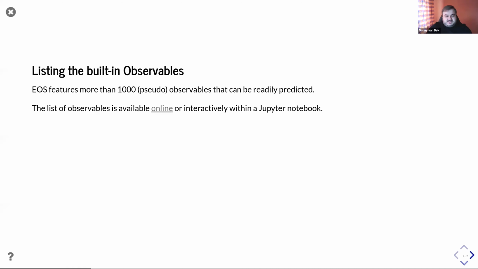So first, let's start with what these observables are. To get an idea, you should inspect them. EOS features more than 1,000 pseudo observables that can be readily predicted. When we write pseudo observables, we mean basically everything that EOS predicts is considered an observable, even though it's not a physical observable.